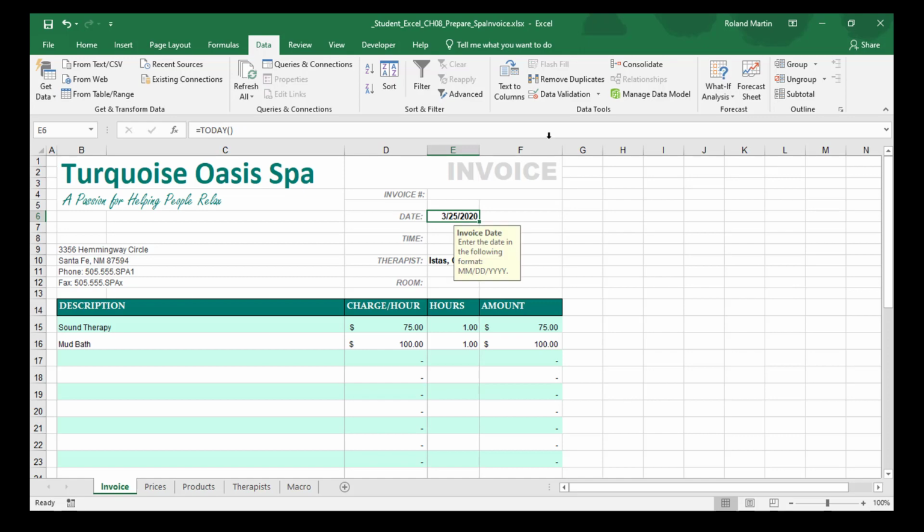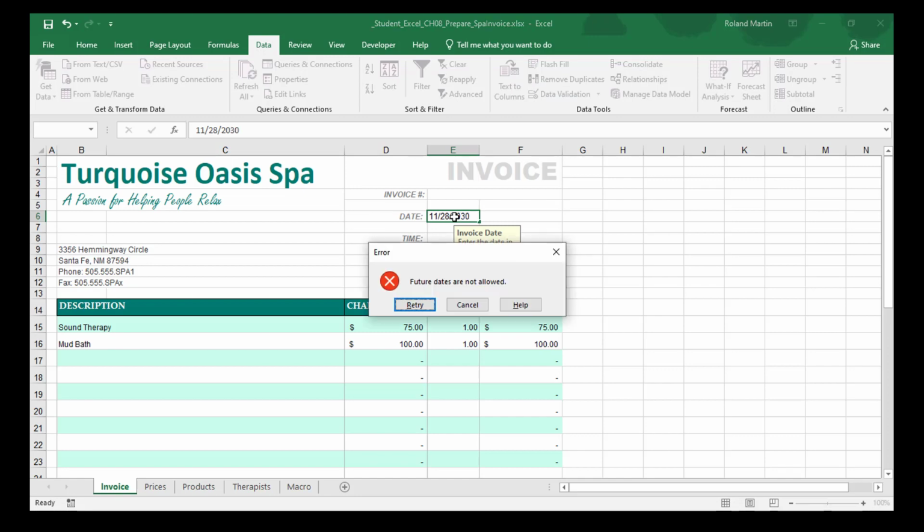So I just hit undo real quick and I put mine back in. You can see it's still showing today's date, so I'm just going to type in a future date and make sure that it was just a weird glitch. So we'll try that date again, 11/28/2030. See what it does. I got my error alert. That's what I was hoping. That was really odd, but